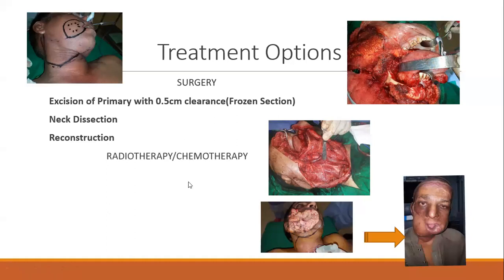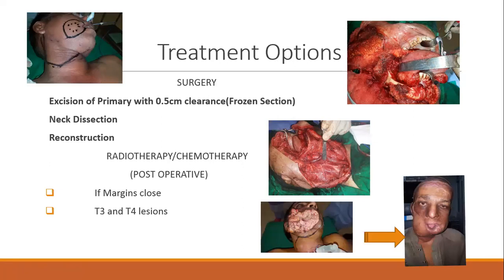Okay, radiation and chemotherapy is never used as a primary treatment in oral cavity. In oropharynx, when it is arising from the tonsil or soft palate or back of the tongue, and if it is T1 or T2, we consider radiotherapy. But in the oral cavity, in the mouth, surgery is the primary treatment. And post-op, you give radio and chemotherapy if the margins are close, or it is T3 or T4. All right, stage 3 or 4, you always do post-operative radiation or chemotherapy.